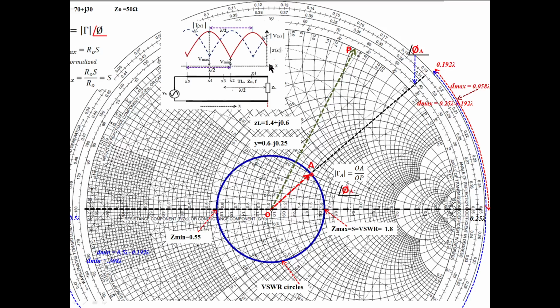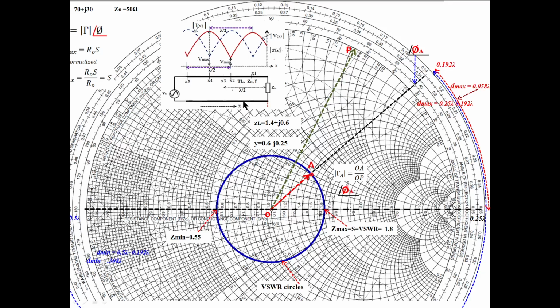Move in the anti-clockwise direction. See, like this. Move the opposite way, towards the load you have to move. This is towards the load, anti-clockwise direction on the Smith chart. So from the minima point, this is a minima always. Minima is here. From here you move in the anti-clockwise direction, and you go on moving like this.